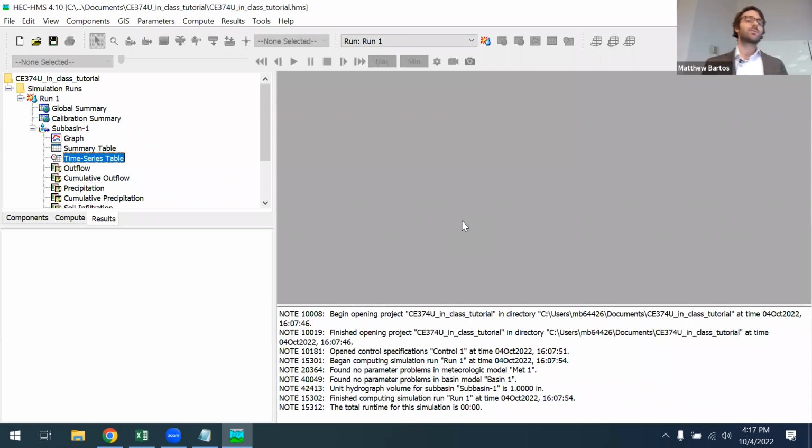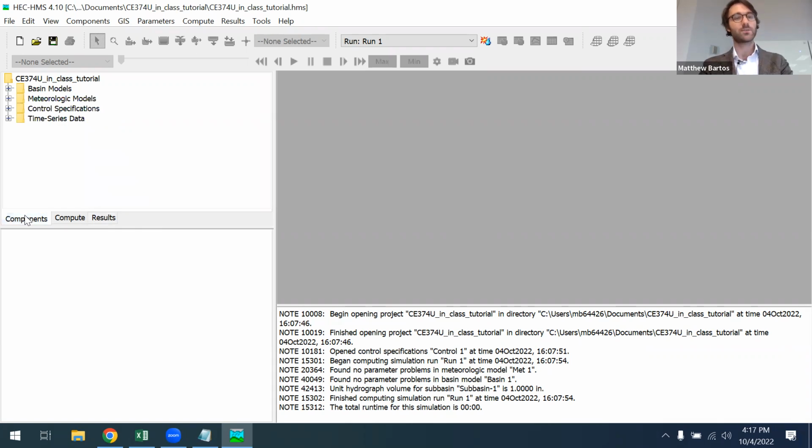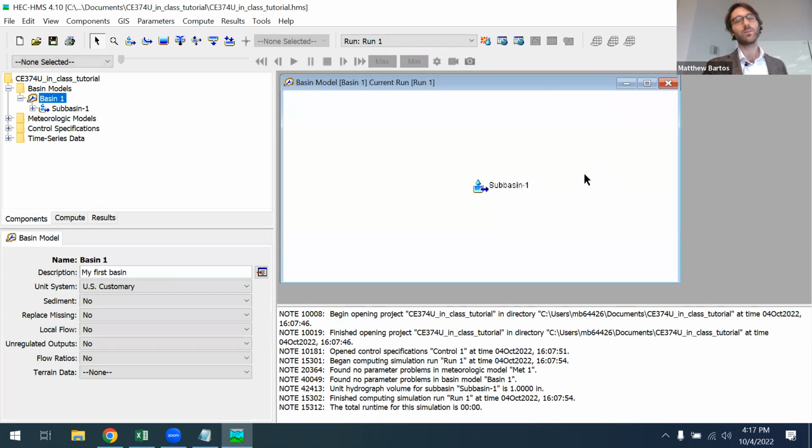Most real world hydrologic models, though, will be a bit more complicated than this. If you go back to components and open up your basin model, we only have a single subbasin here. So what we've modeled is just the runoff response within a single watershed. But in real world hydrologic modeling, you'll often have multiple watersheds that are connected together by channels or reaches.